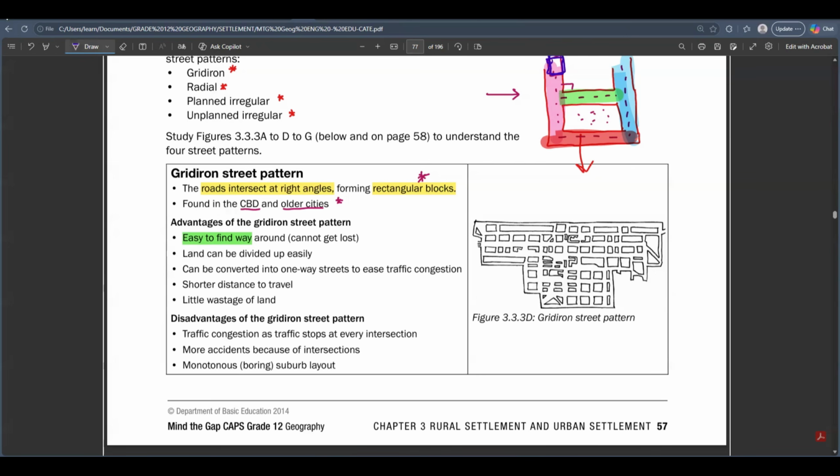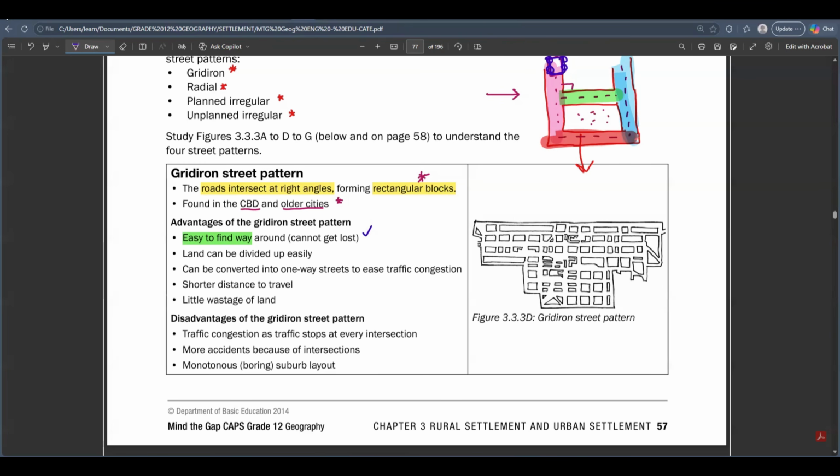When you have got your car here and you are moving around, you are able to trace back the roads easily because the roads are just straight lines and there are no curves. It's very easy. You guys kind of get the sense. It's easy to find your way around. The roads are straightforward. All the roads are meeting at 90 degrees. Even if you get to a place where you feel like you are lost, you can just go back and see how you moved from here to here and here. So it's very clear. The grid iron pattern is very clear. You don't get lost easily.